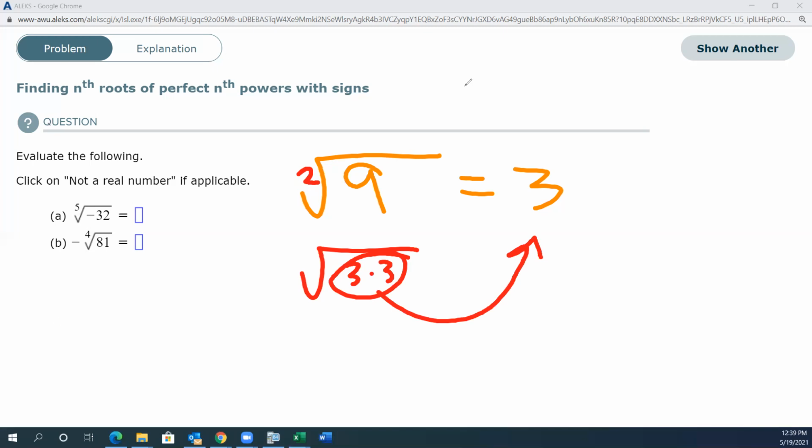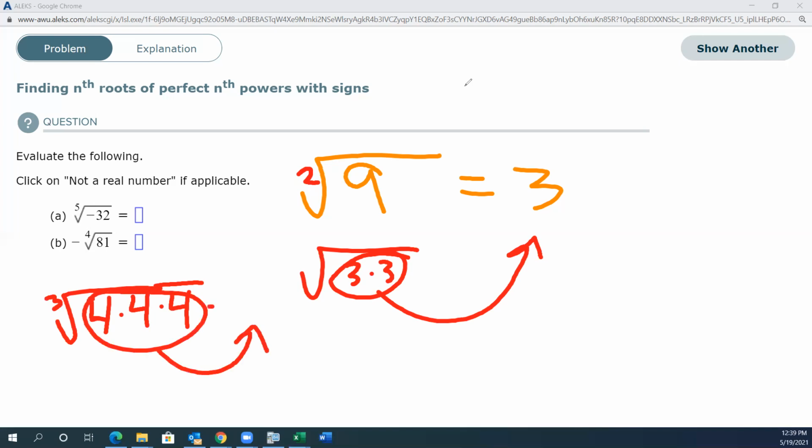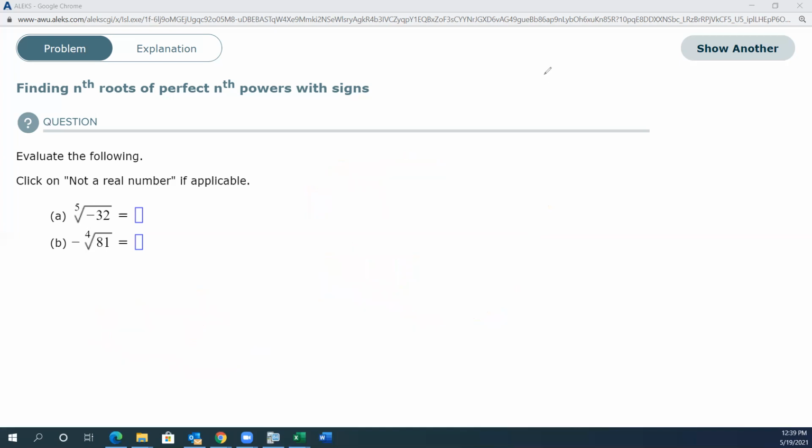So by the same token, if I have something like the third root, commonly referred to as the cube root of, we'll say, 4 times 4 times 4, then I could say, I'm looking for groups of 3. There's a group of 3. So my answer is 4. And of course, you could check that on your calculator, see if you do get a 4. So that is kind of where we're headed with this. So this first one, I can